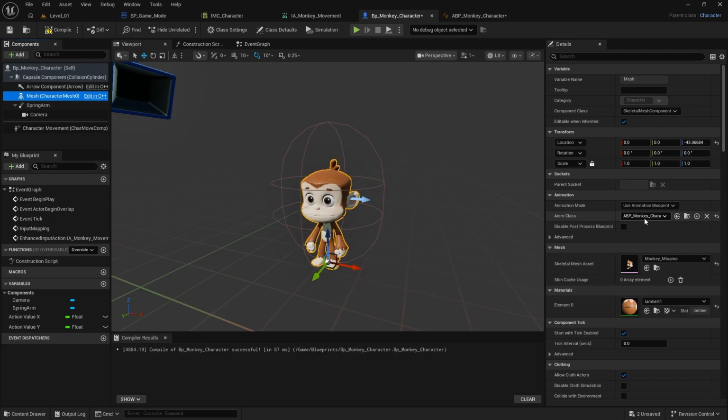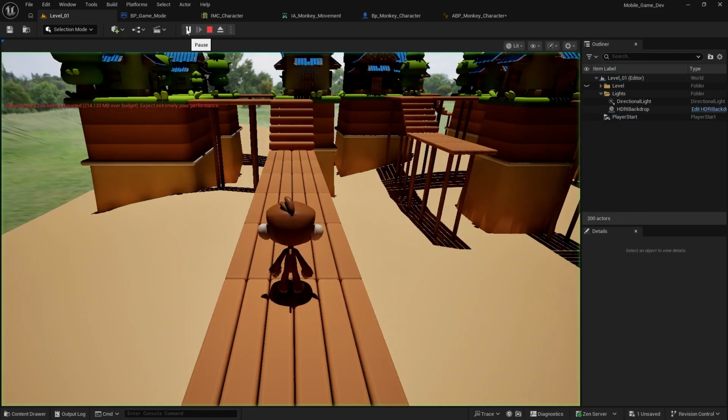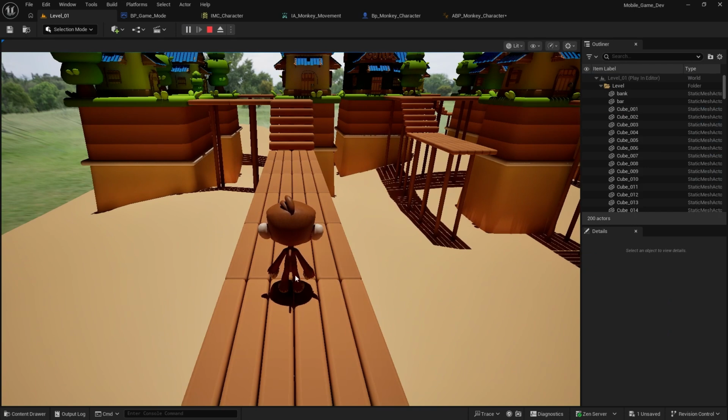If you have noticed, as soon as I assigned the animation blueprint over here, our character turned 90 degrees. So I will fix this by selecting the mesh only and changing the rotation to minus 90 degrees, and then by compiling and saving, if I go to the level and check for it, the idle animation is now showing. Yeah, it's beautiful,